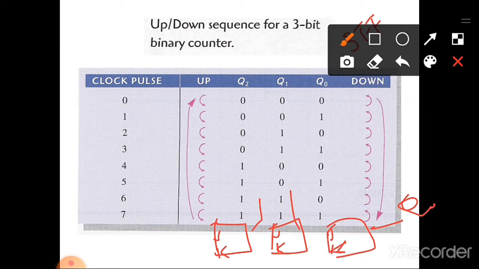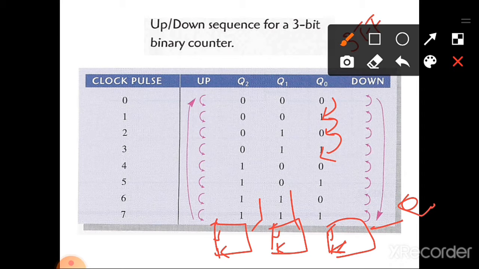Here we look at Q0. For every clock pulse it changes from 0 to 1 or 1 to 0. There is toggling on every clock pulse.